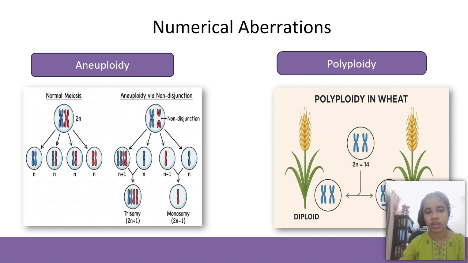Numerical aberrations occur when cells have a wrong number of chromosomes. Aneuploidy affects a single chromosome, just one chromosome, like trisomies and monosomy. Polyploidy multiplies whole sets of chromosomes. They are common in plants, but very rare in humans. Now coming on to